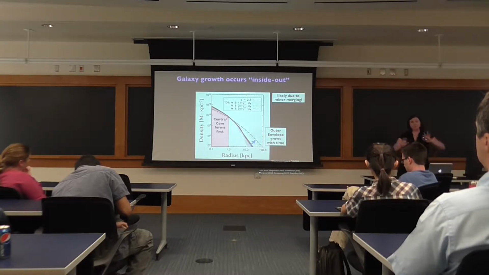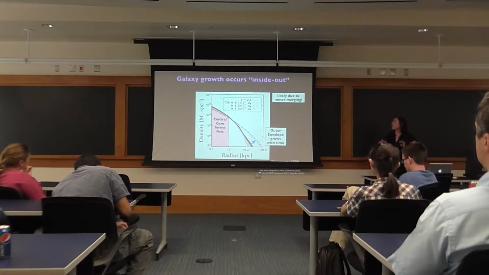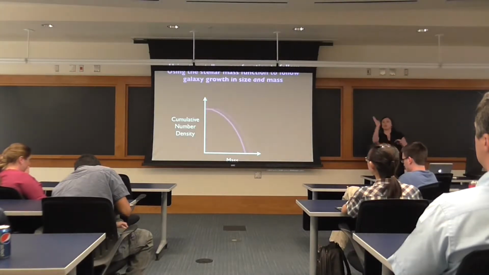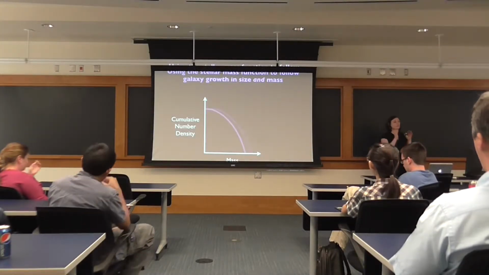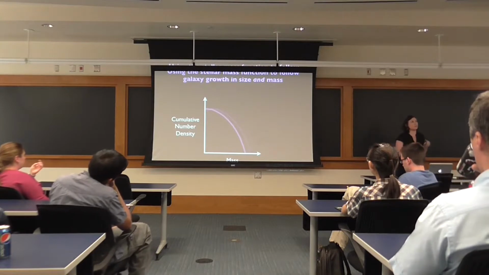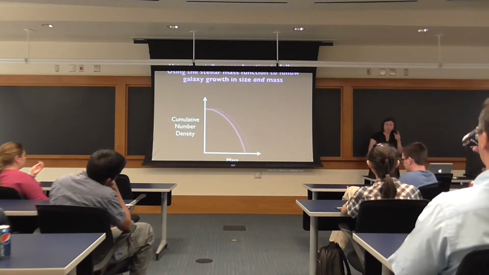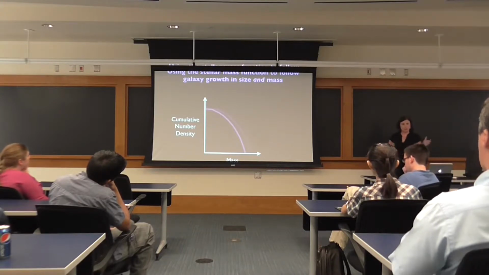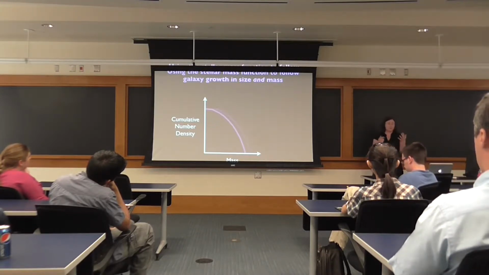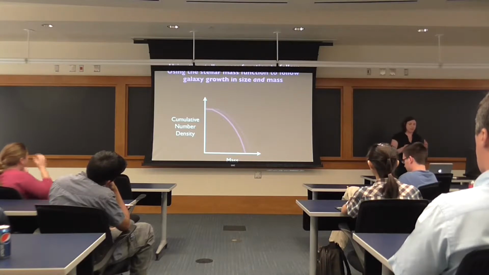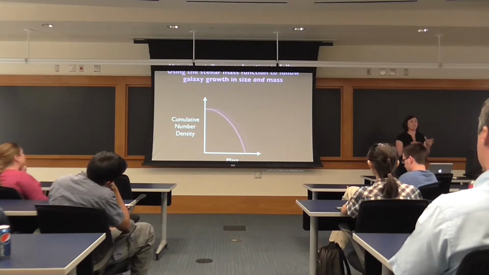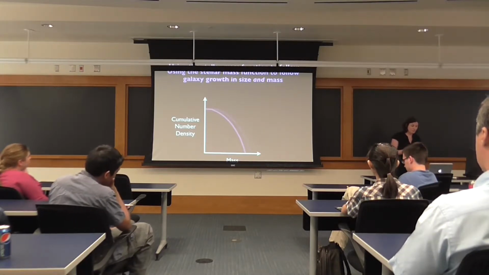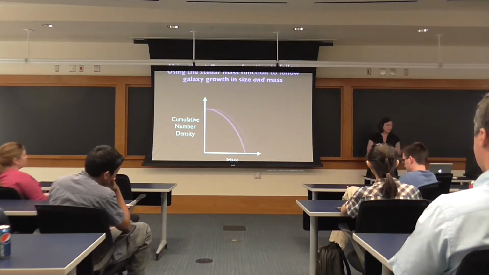But I'd like to be a little bit more careful and tell you more about the way that we could figure out those arrows, figure out how galaxies are also evolving in mass as they evolve with size. And this is especially important because if you merge 2 galaxies together, you know that their mass gets larger. So it's important to build into your understanding the fact that you allow for galaxies to evolve in mass. So one way to do this,